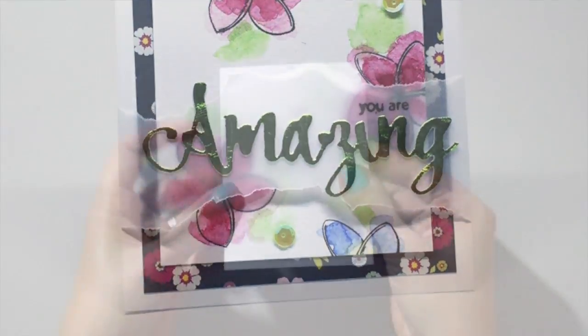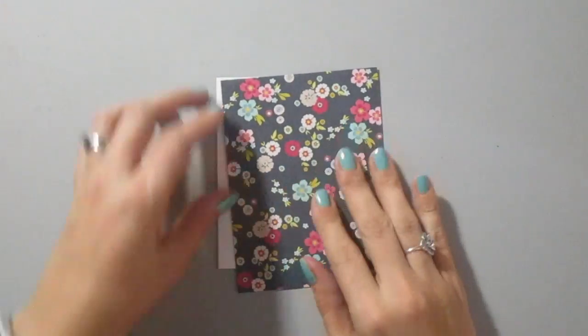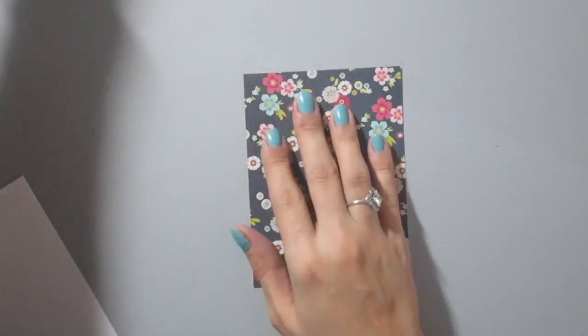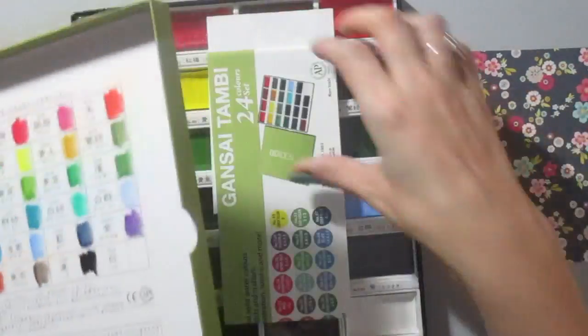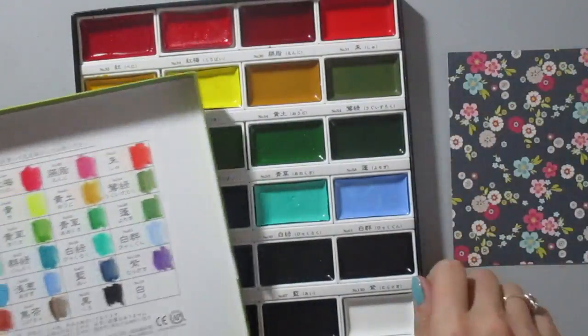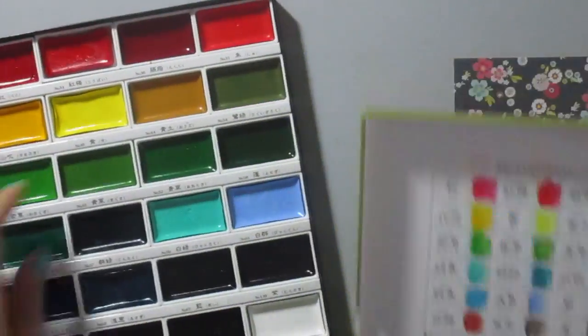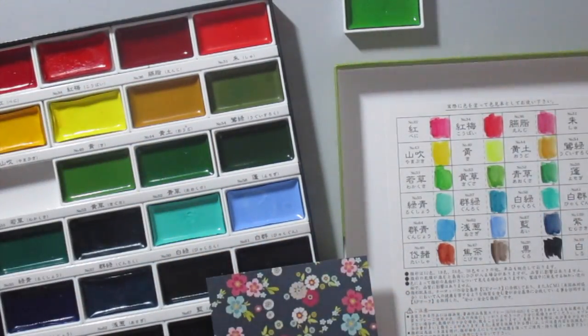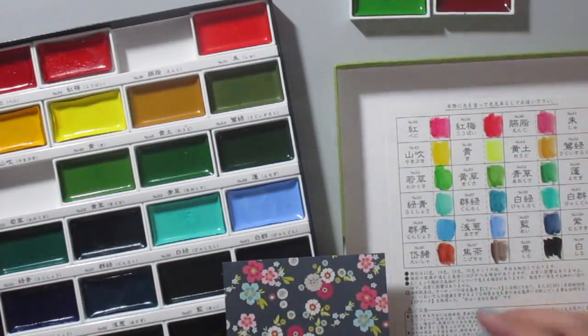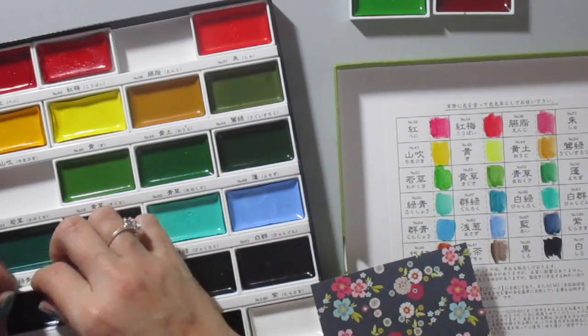We're actually going to use vellum to highlight something instead of soften it. So to create my background, I wanted to make a custom, kind of inspired by pattern paper background. So I had cut a piece of that pattern paper, it's from My Mind's Eye, and I used that as my color palette. So I grabbed these watercolors, and these are